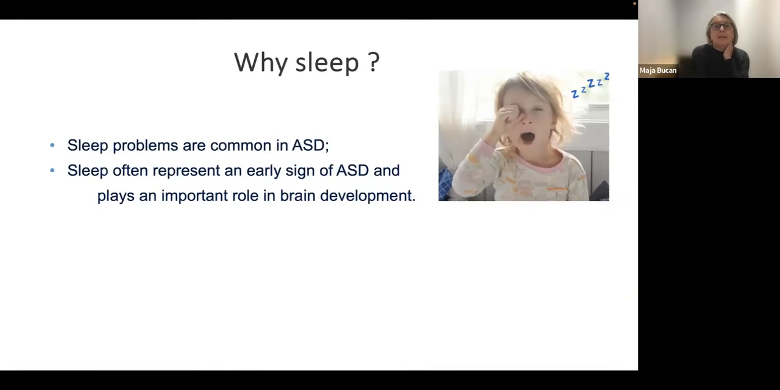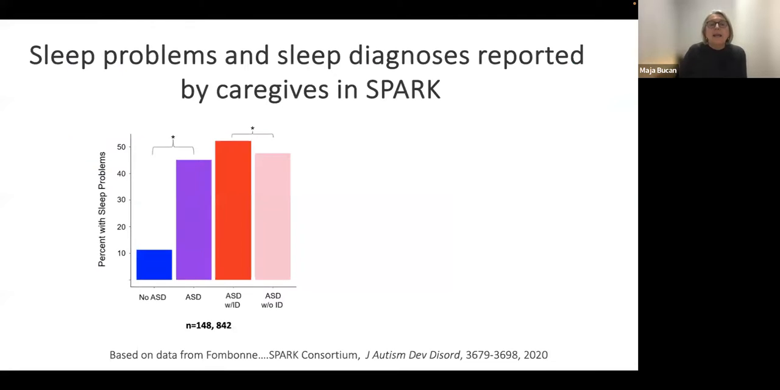Another important question is, why do we study sleep? First of all, sleep problems are very common, and this is a theme that we will be revisiting over and over again in my presentation. Sleep often represents an early or first sign in autism, and sleep plays a very important role in brain development. In terms of how common it is, I like to revisit SPARK data, specifically a paper that was published